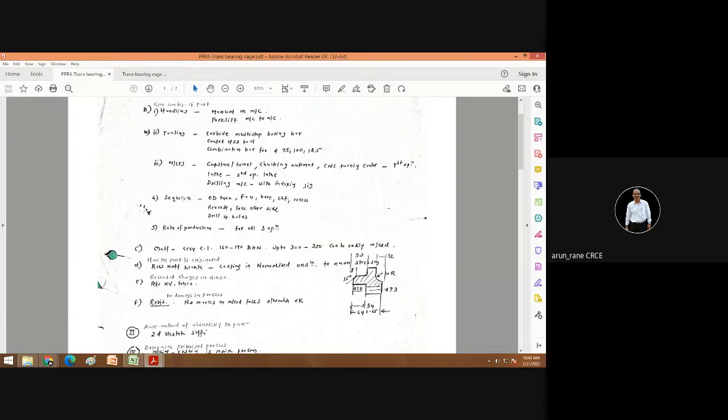So what is the sequence of operations? You can write here operation number 10, 20, 30. So operation number 10 is OD turning, facing, boring, chamfering, and recess, that is undercut.